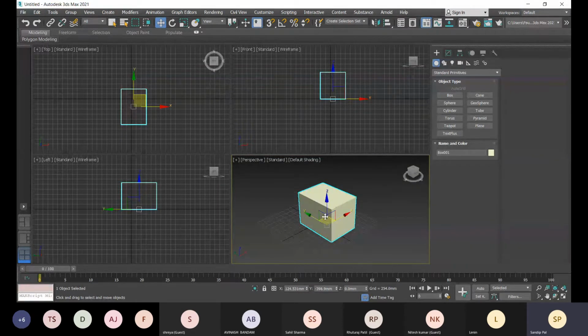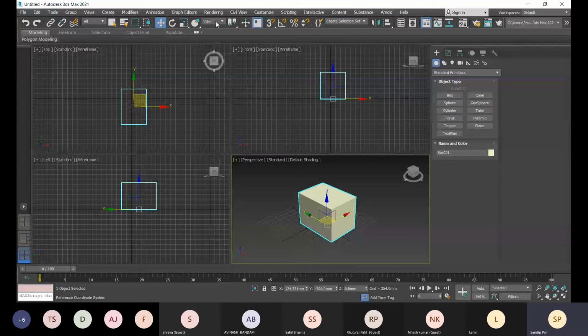These show the 3 axis positive direction. What it shows is the positive direction of the 3 dimensions or 3 axes: X, Y, and Z. So red color is for X axis, green is for Y axis, and blue is for Z axis, that you can see. And this is set according to the coordinate system.